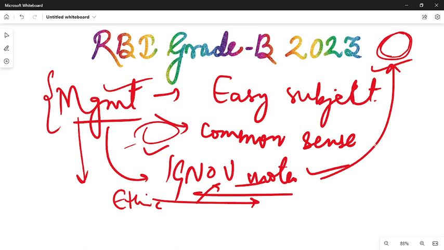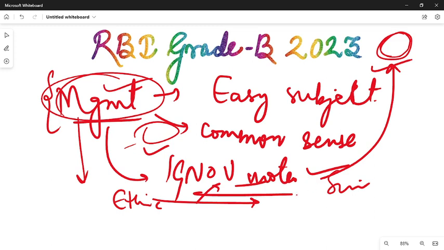So this is the whole scenario for the finance and management section, and management is purely static in nature. There is no current affair regarding it. Yes, but in order to make your subjective answers more impressive, you can read editorial sections over the Telegram, over